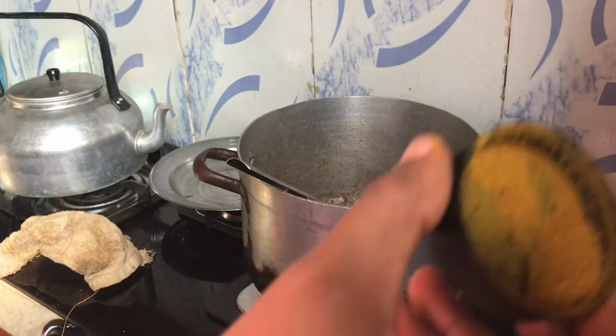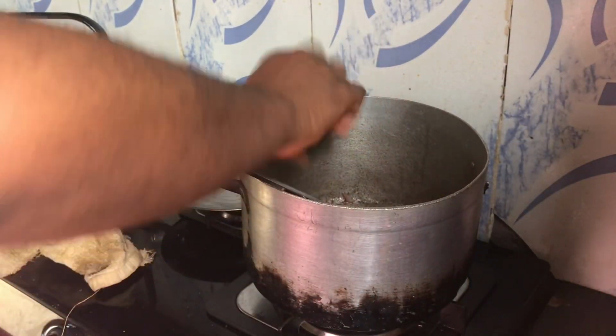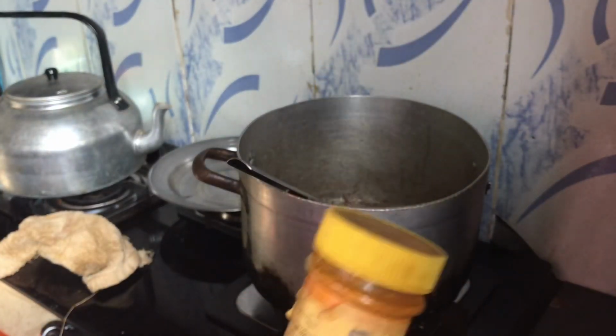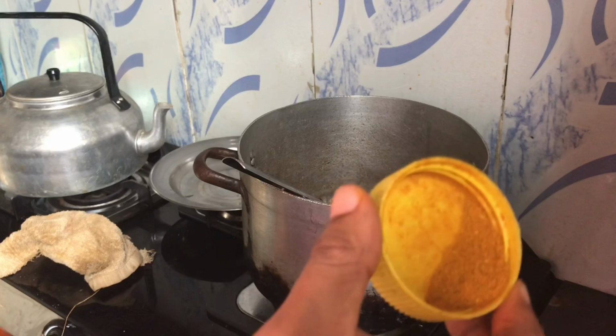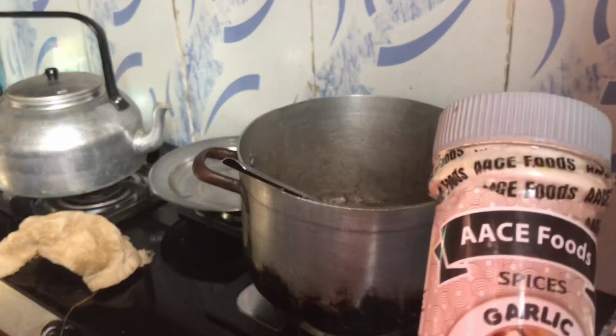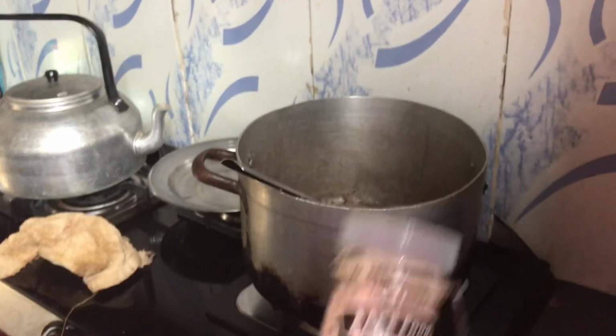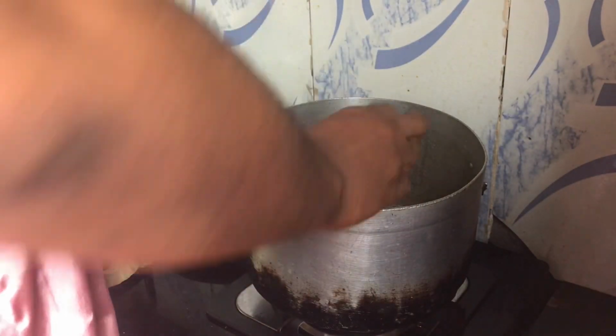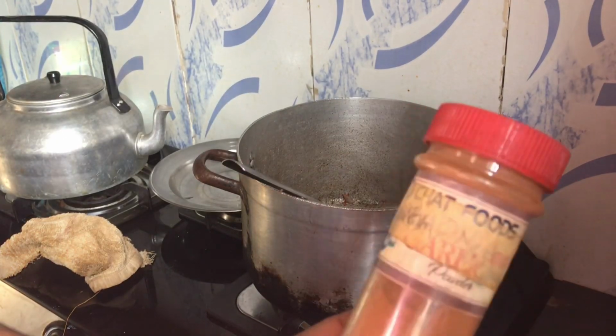This is curry that I'm going to add right now. And after adding curry, I'm going to add my fried rice spice. That fried rice spice I'm adding now, just for color and a bit of taste. This is garlic powder, which I'm adding as well. And after that, I'm adding my